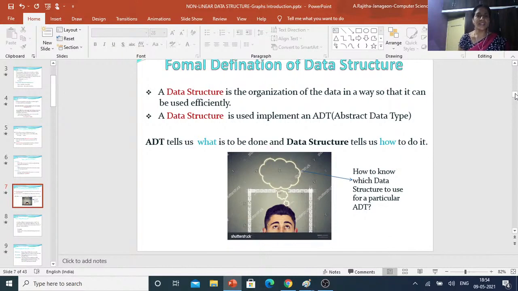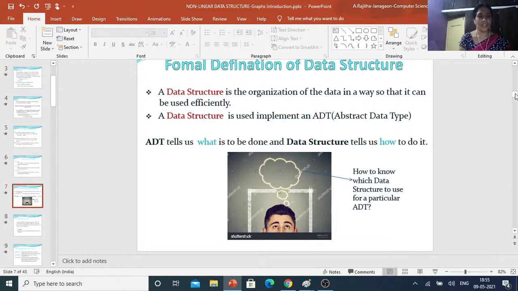Here, a data structure is used to implement and edit. That means how the data structure is implemented so that it can use the ADT. Here ADT means abstract data type. ADT tells us what is to be done and the data structure tells us how to do it.